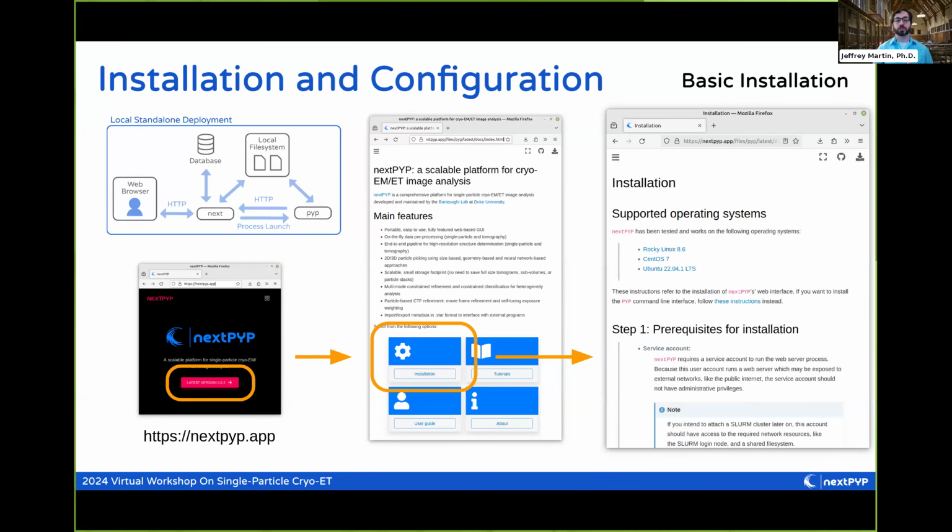Okay, so now I'll talk a little bit about how you get the software and how you get it running. We'll start with the basic version of this, which is the local standalone deployment. And again, I don't have time to go into a lot of detail here, just for length. But what I can do is point you to where our documentation is, and our documentation, I think, is pretty good. So it'll walk you through all the steps you need to do and help you with troubleshooting and things